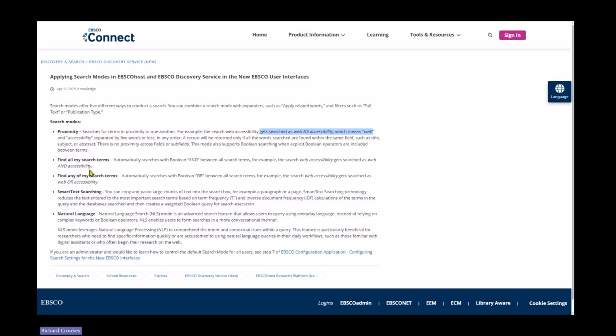Find all is certainly searching with the AND operator between terms. So for example, if you look at childhood obesity, it'll be childhood and obesity. So both terms must appear somewhere in the individual results that are retrieved. Find any essentially is using the OR operator, so it searches OR between terms. So it could be